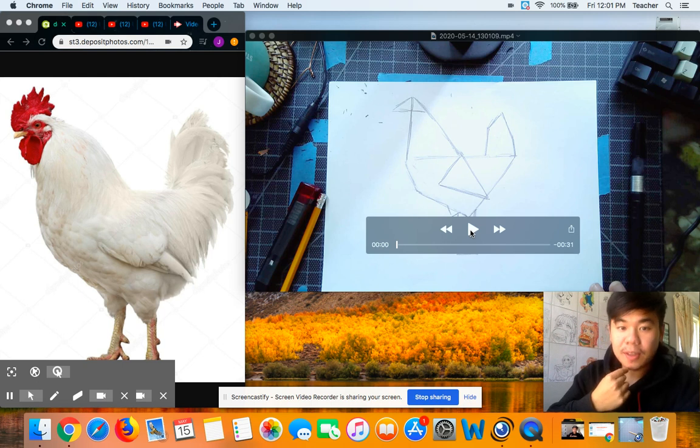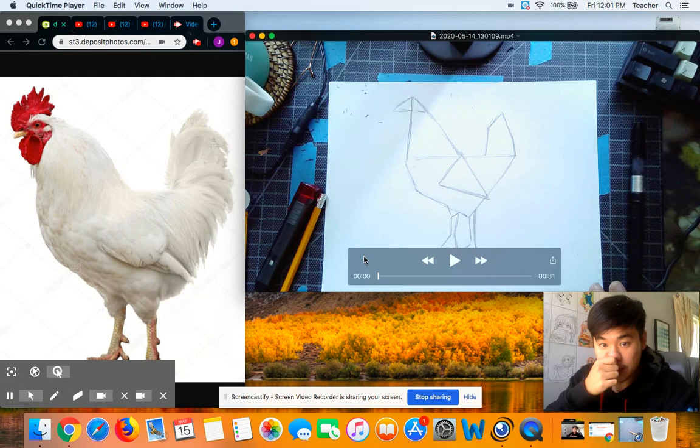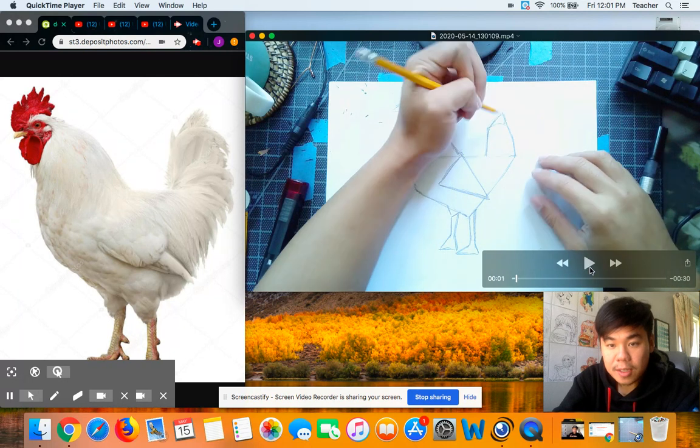All right, so here I'm going to show you guys a time lapse of how I drew this chicken from the reference on the left side. So I started with my simple shapes, right? And I started with the tail. Remember that it kind of follows that same shape, right? We already set the structure, so I'm just adding in the details and adding in the smaller shapes that are